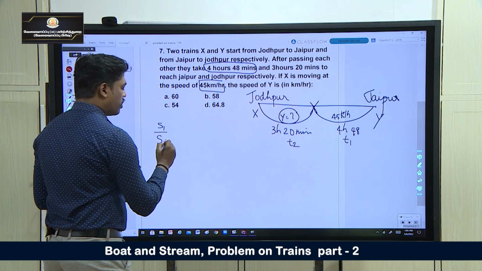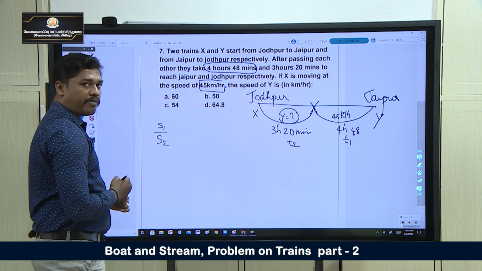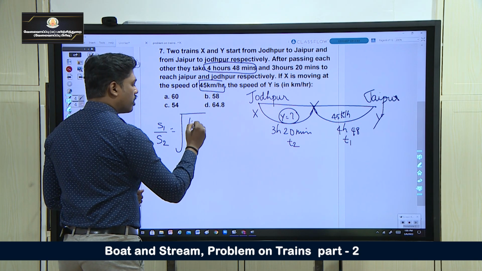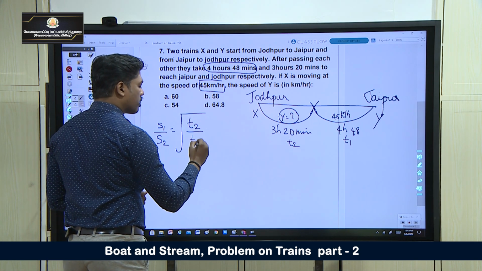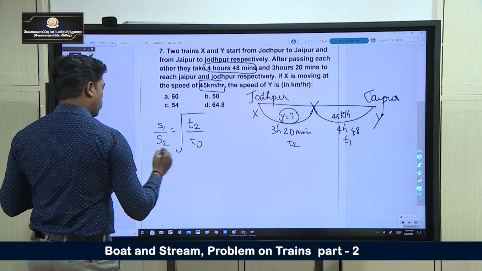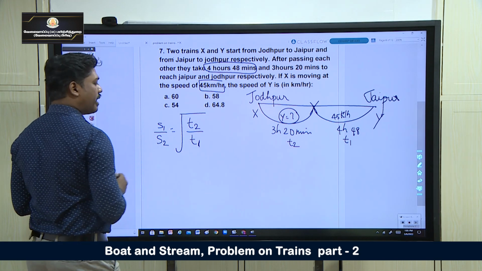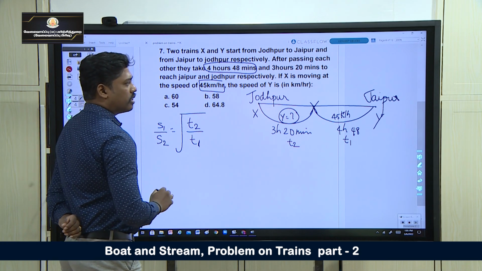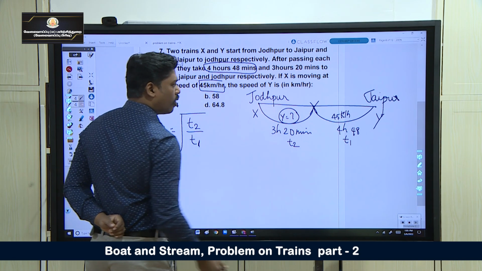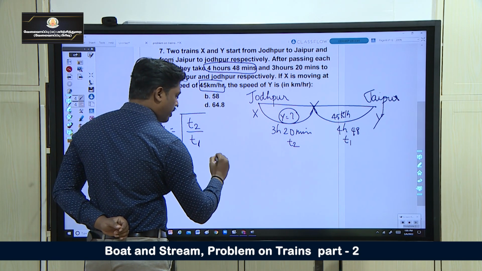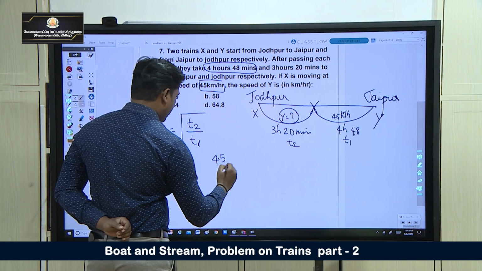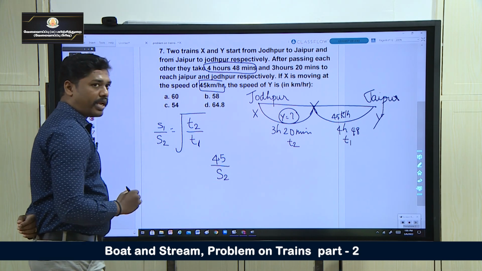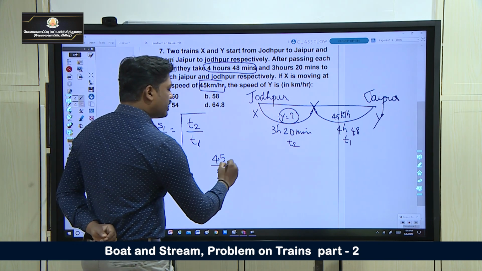S1 by S2, speed of first man divided by speed of second man, is equal to square root of T2 by T1. What is S1 here? S1 is 45 km per hour. So 45 divided by S2, we have to find the speed of train Y, is equal to